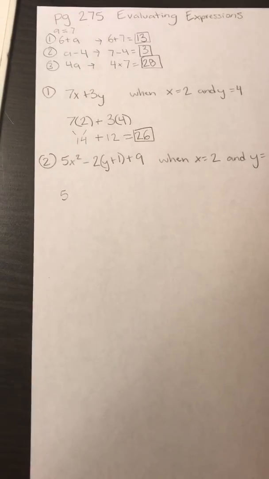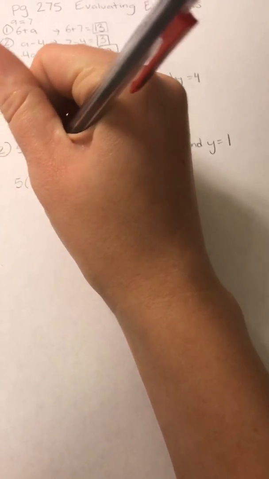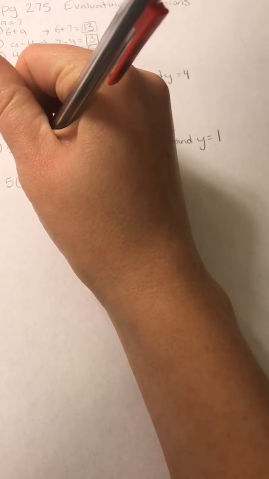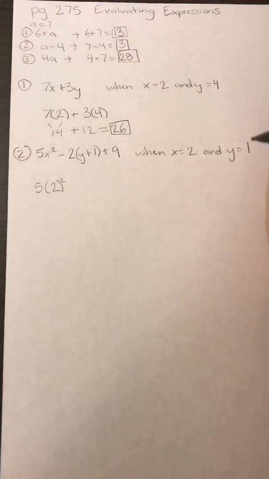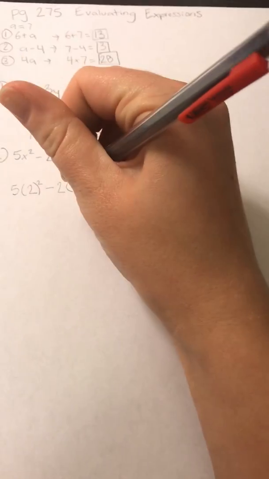I have it all written out. So I'm going to plug it in. So I have my 5, I have my x squared. So my x is 2, and I see that right here. So I'm going to do times 2, and this is squared, all right, minus 2, my y is in parentheses, y equals 1,